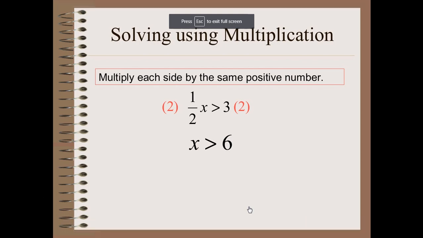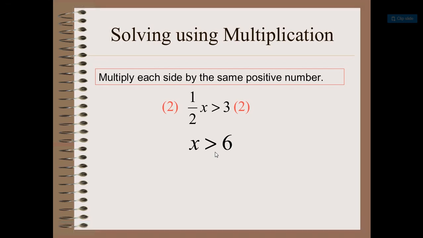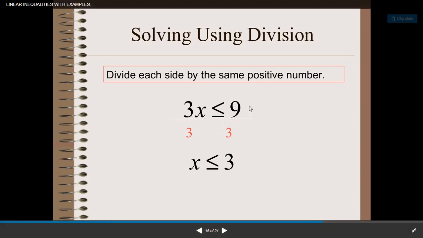Here's another example. If half of x is greater than 3, all we need to do is cross multiply, take the 2 onto the other side, and the final answer is x is greater than 6. I'm sure this is not difficult because you've dealt with even more difficult and complex linear equations. So I repeat what I said, just solve them like the way you would solve a linear equation. And remember to keep the final sign of inequality. Another one, if 3x is less than or equal to 9, then x is less than or equal to 3. It wouldn't be very difficult to graph this on a number line also.